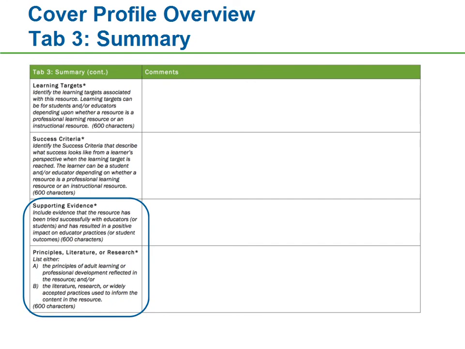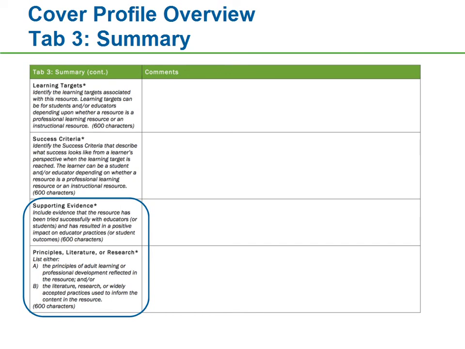The last two fields under the tab require you to provide information about the potential effectiveness of a resource. How has the resource impacted adult learning, instruction, or student outcomes? Supporting evidence is where you spell out your personal experience using the resource. You may not have any to say in this field if you have not used the resource yet. However, we encourage you to either utilize the resource yourself or have a colleague implement the resource before contributing it